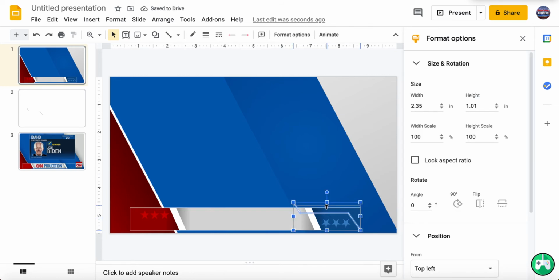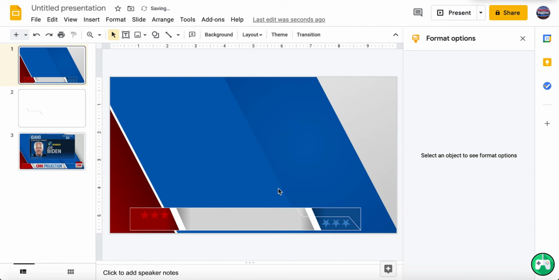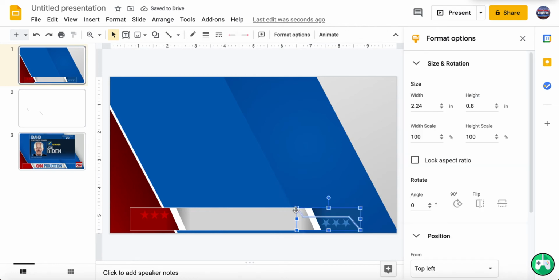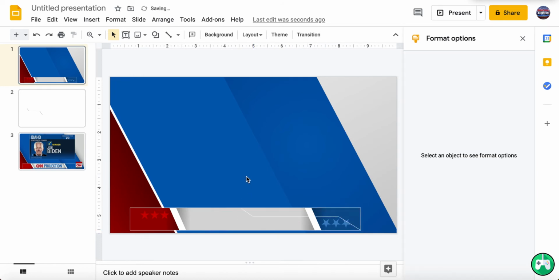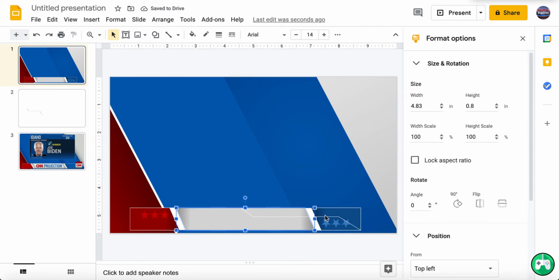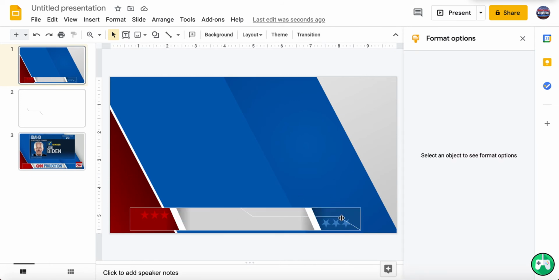Okay, now what we're going to do is we're going to just bring this down like that. So here's what you want to do, is you want to make it, oh, hold up, you want to make it so it's like that long. It looks weird. Actually, hold up.